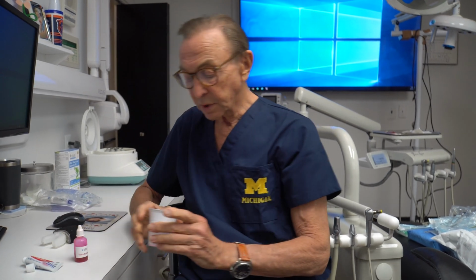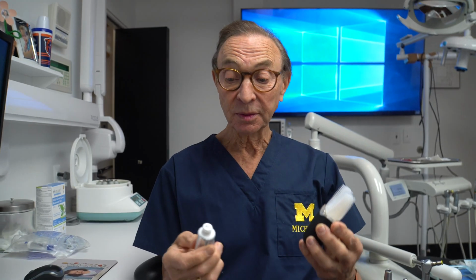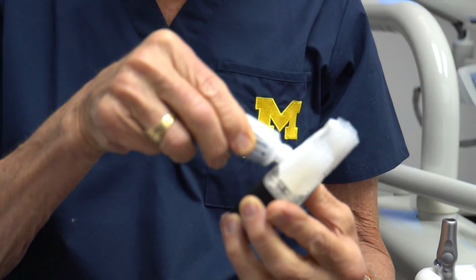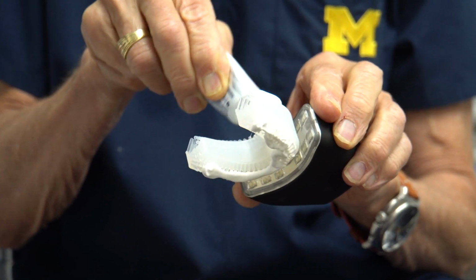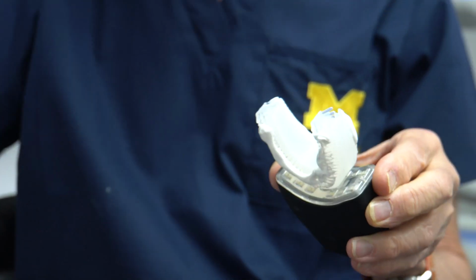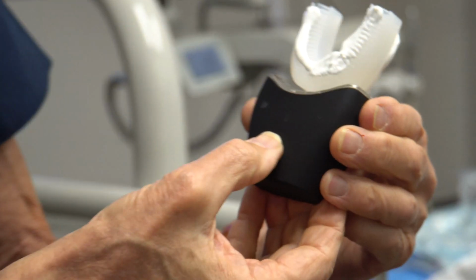So I've got some disclosing solution in here. Not a pretty picture, but we're going to put some toothpaste on this, as they say. It's the first time I've used it. Just going to try it out and see what, if anything, it might do as far as being effective is concerned. I think we press, this is a power button,